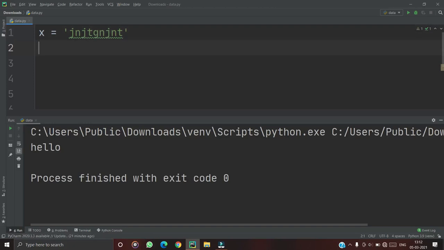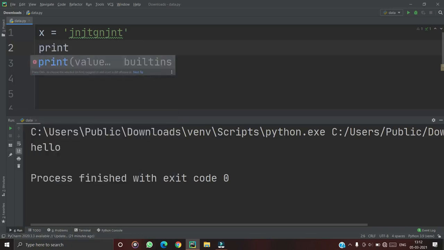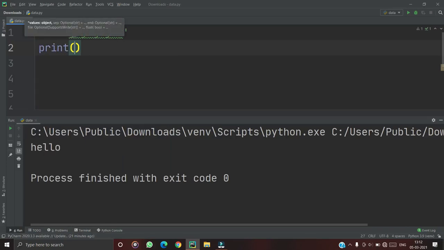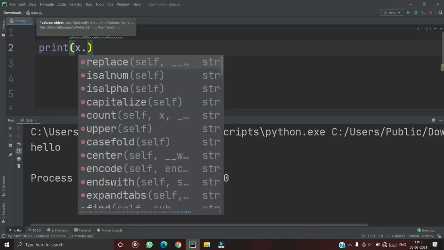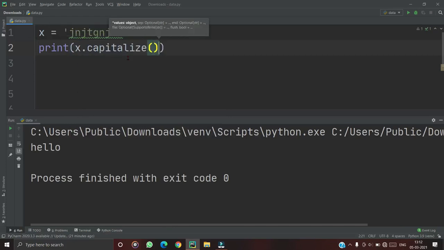If I want to capitalize the first letter, I just need to print x dot capitalize. When I print, it will capitalize the first letter of the string.